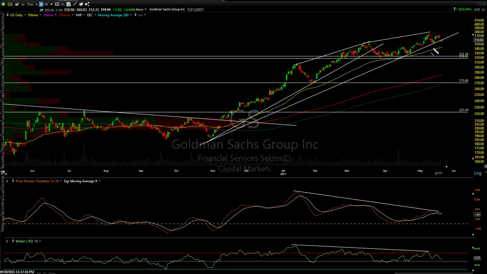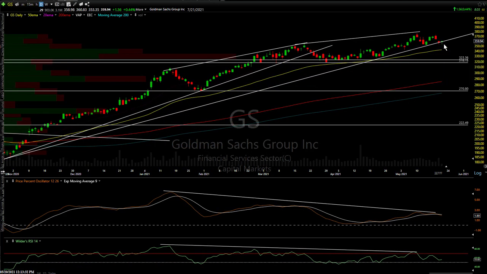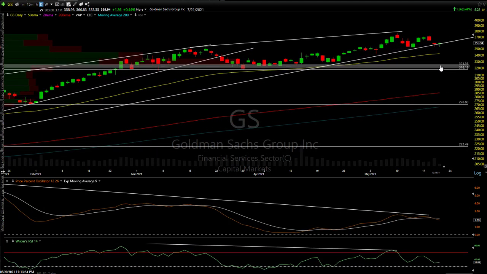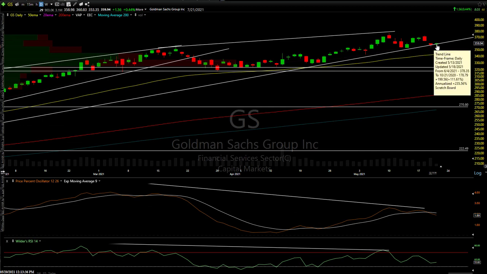Goldman Sachs, for example, here's our primary trend line right there. We're just cracking above it, but it's not going anywhere because the financials as a sector are holding up. Actually, we're not below it. We're right on the trend line. Look at these two doji candles right on there. So what I mean by one bad day away, a 3% drop, if we get it soon, will put us solidly below that trend line.